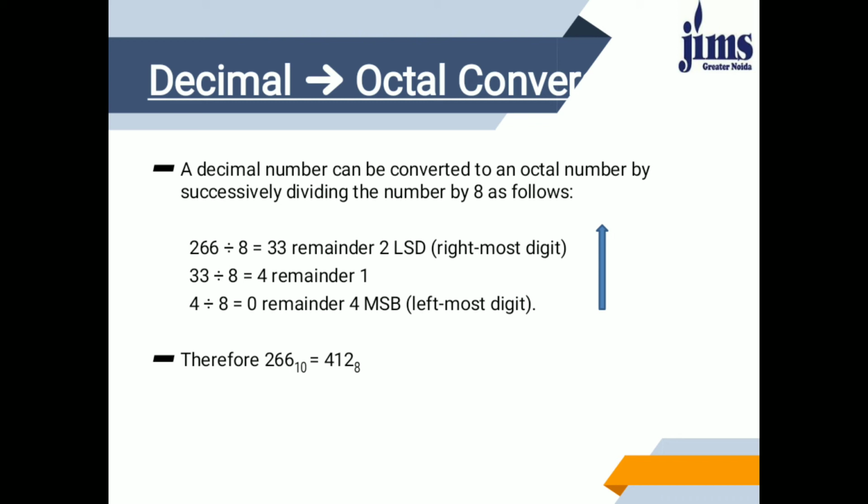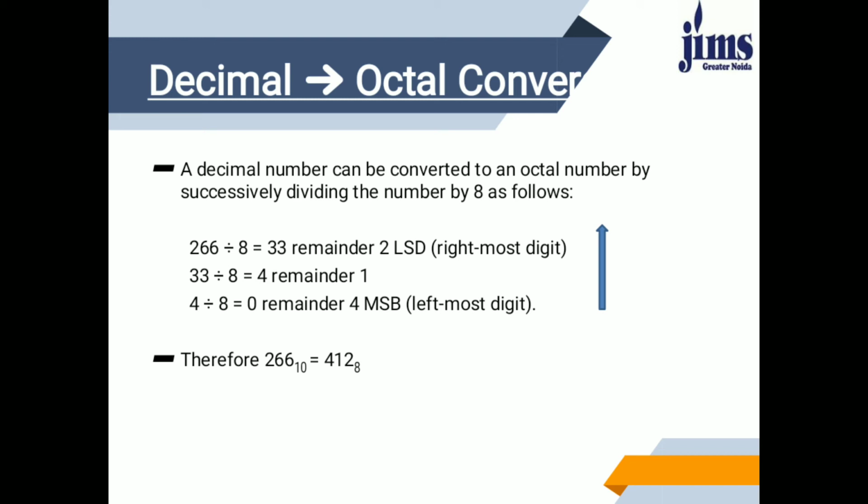Again, if you wanted to convert this decimal, means floating point decimal number, into octal, then the portion of the number after the point will be multiplied by 8, and the LSB will be noted down, and the remaining portion will again be multiplied by 8, and again bit after bit will be noted down, and so on. So this is the way we can convert decimal number into octal.